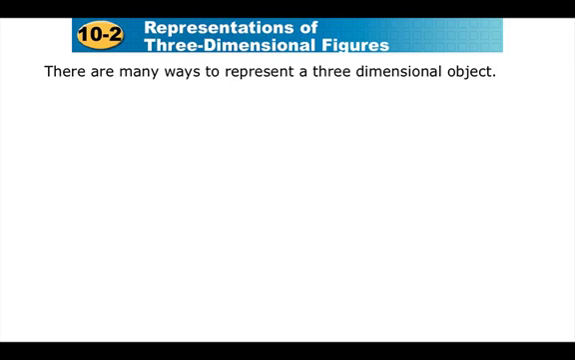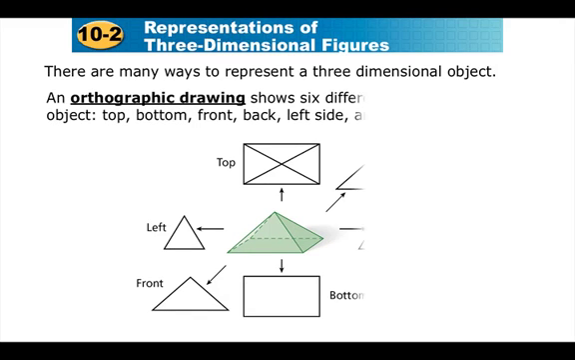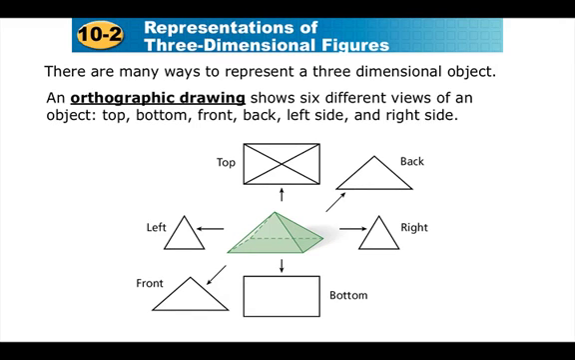There are many ways to represent a three-dimensional object. This explains orthographic drawing. Follow along. An orthographic drawing shows 6 different views of an object: top, bottom, front, back, left side, and right side. So if you look at this pyramid,